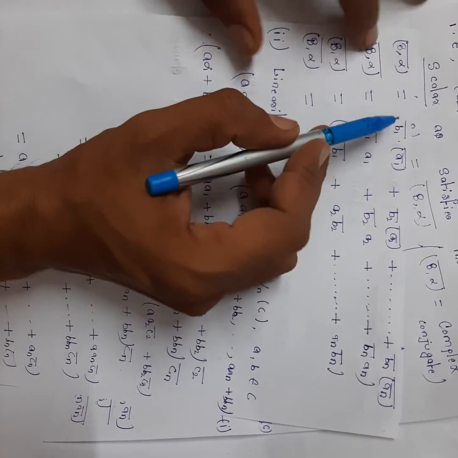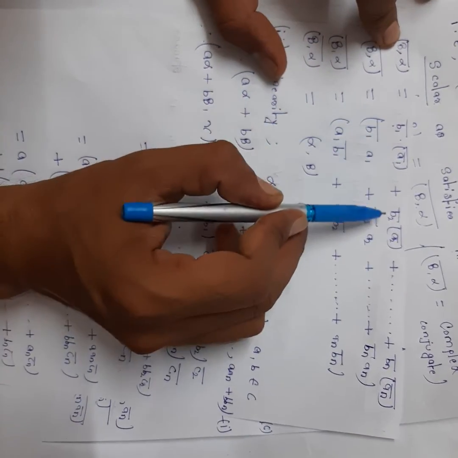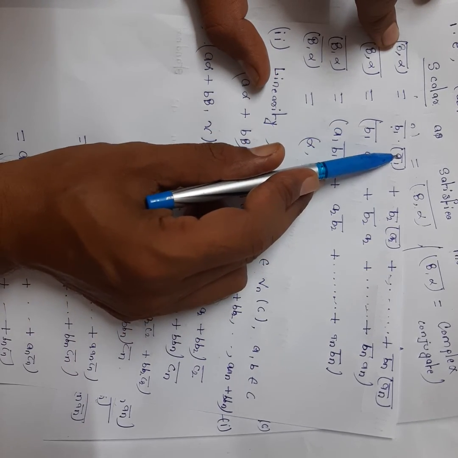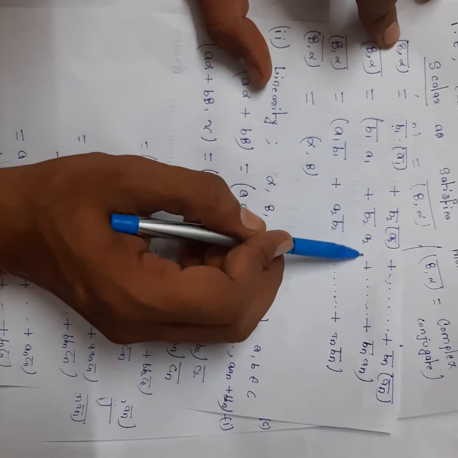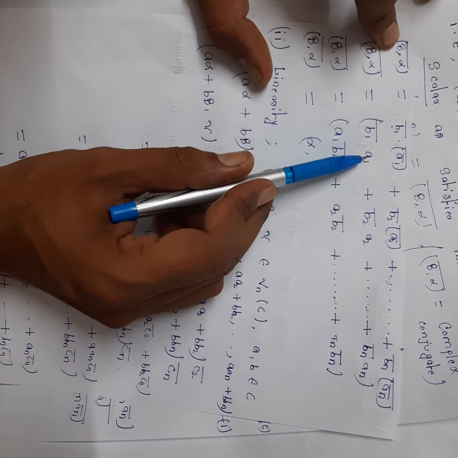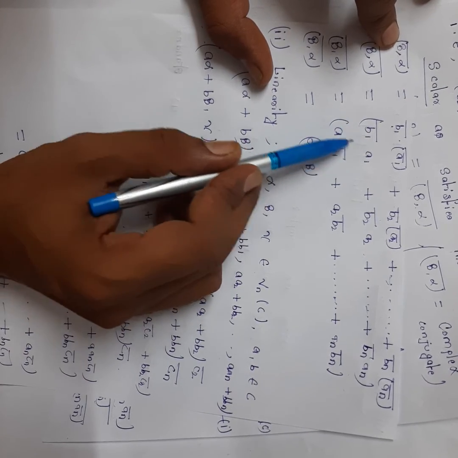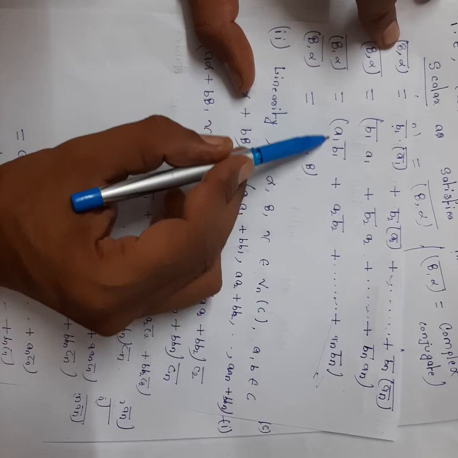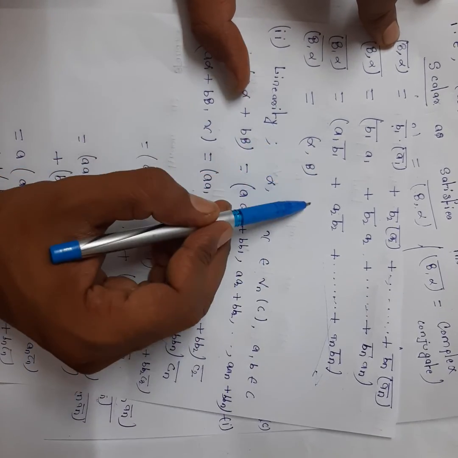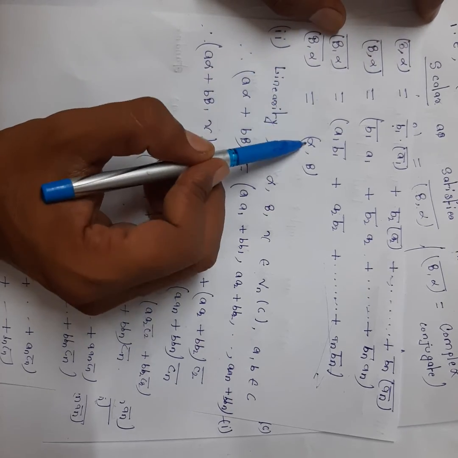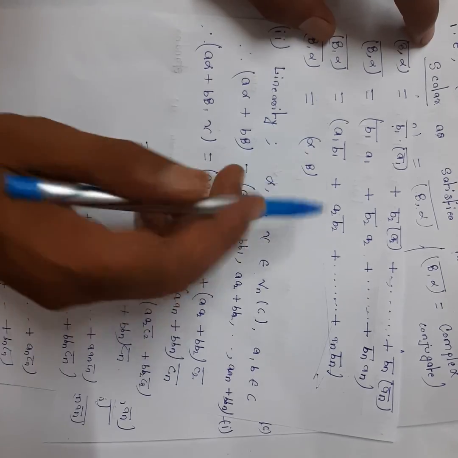Now the bar is distributed among all the given terms. The conjugate of a conjugate is the same complex number, so this stays the same. And the product of two complex numbers is commutative, so this will be a1 b1 bar, a2 b2 bar, an bn bar. This is the definition of the inner product of alpha, beta. So the first condition is verified: the conjugate of the inner product of beta, alpha is the inner product of alpha, beta.